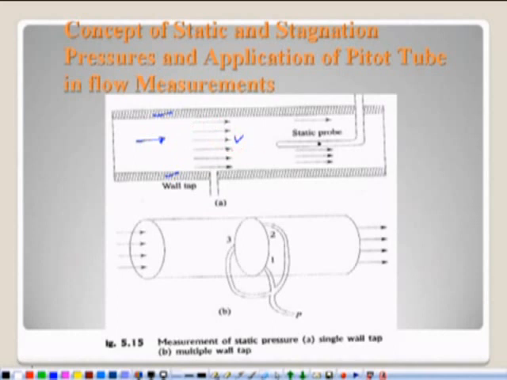If an ideal fluid is flowing and if we make a hole here, which is known as a wall tap, then which pressure will be measured by this tap? If this tap is connected to some manometer, then which pressure is measured with the help of this? Since there is no velocity component in the direction of the pipe, which is in this direction, in that case this one will measure the static pressure,